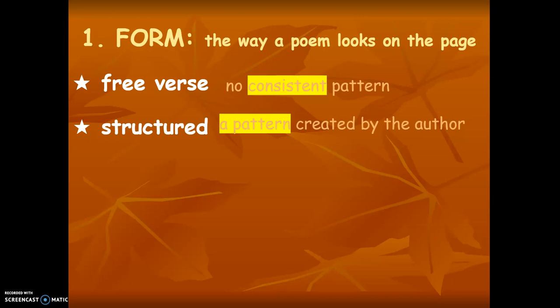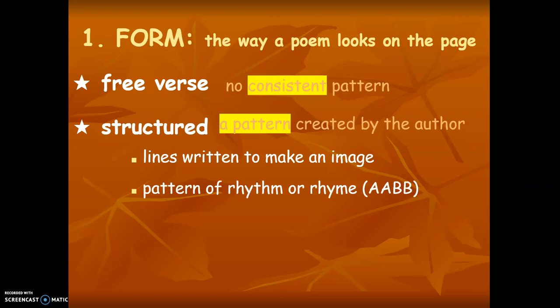When I think of a poem being in structured form, I think that I see 2 different distinct patterns that the author has created. And that's not always going to be true either, but we'll look at a couple examples and you'll get to decide and justify your thinking. So when we think of structured, the poem could be written to make a picture. I've seen a poem that was about shoes, and the words made the shape of a high-heeled shoe. The poem could have some pattern that goes with rhythm or rhyme, and we'll talk about what this rhyme scheme means later.